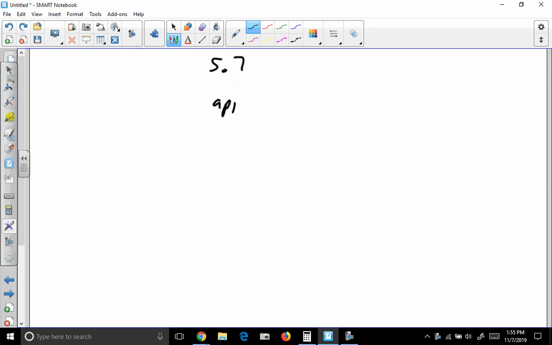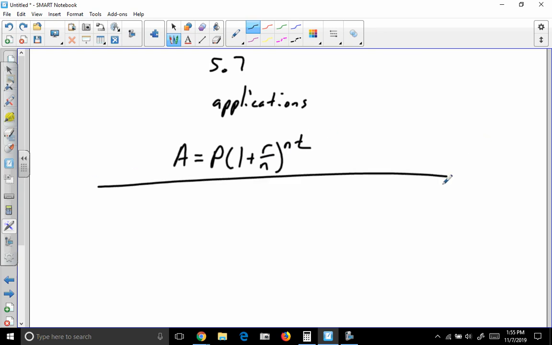Section 5.7 deals with applications of exponential growth. And we mentioned in class that if something experiences exponential growth compounded at a regular interval, then we use the formula A equals P times (1 plus R divided by N) to the NT power. But if something is continuously going through exponential growth, for example, if we had a colony of bacteria,